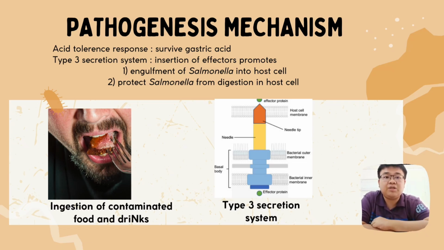These effectors trigger the reconstruction of the actin cytoskeleton of the host cell, causing outward extension of the epithelial cell membrane and engulfing the Salmonella. The effectors also work to reconstruct the vacuole surrounding the Salmonella after being engulfed into the host cell. This vacuole resists the fusion with lysosome inside the host cell and prevents the digestion by the lysozymes. This allows Salmonella to survive within the macrophages and the host cell to reproduce.